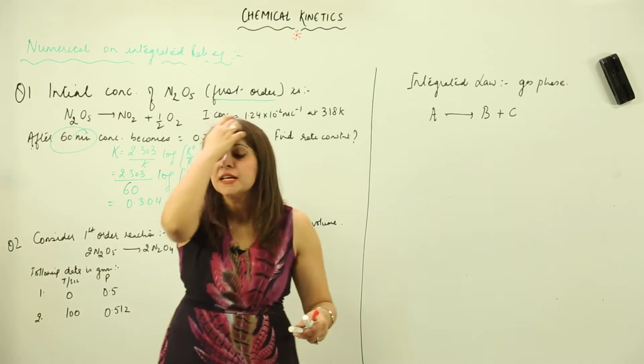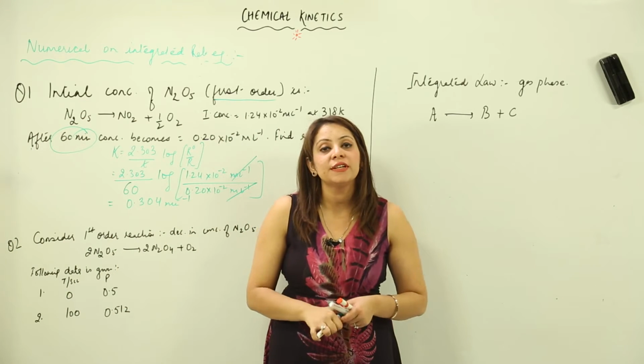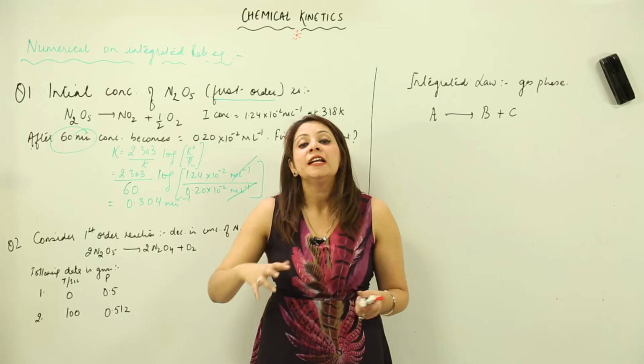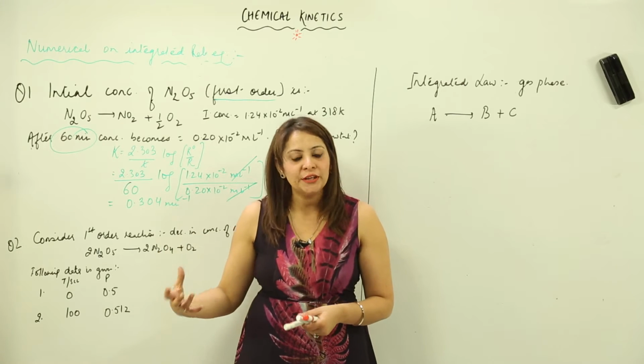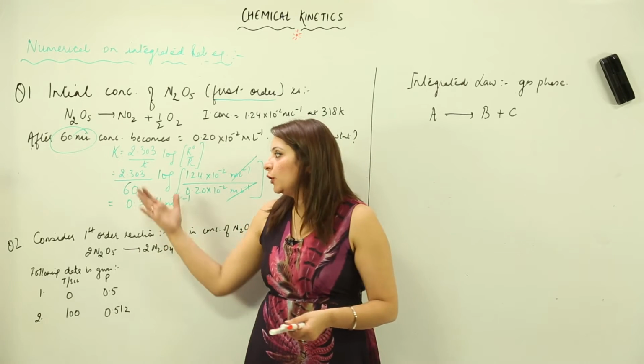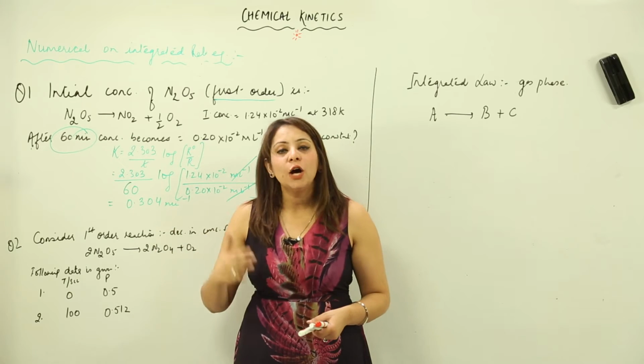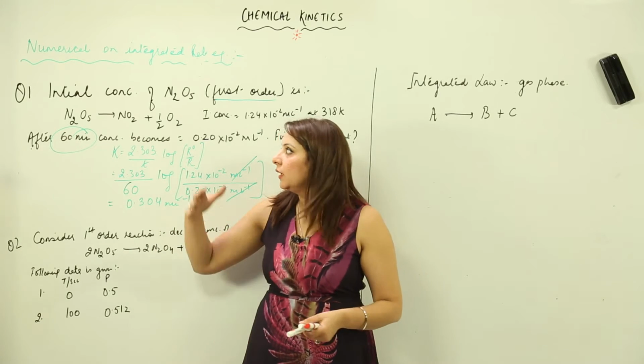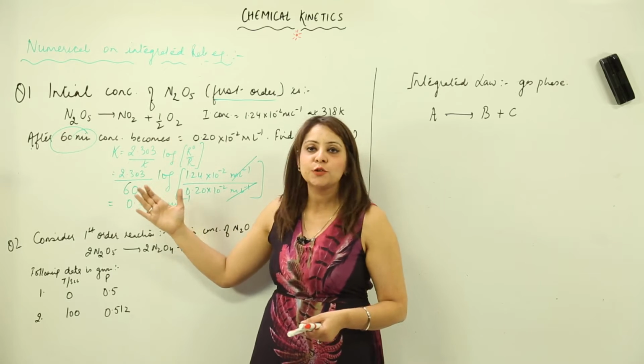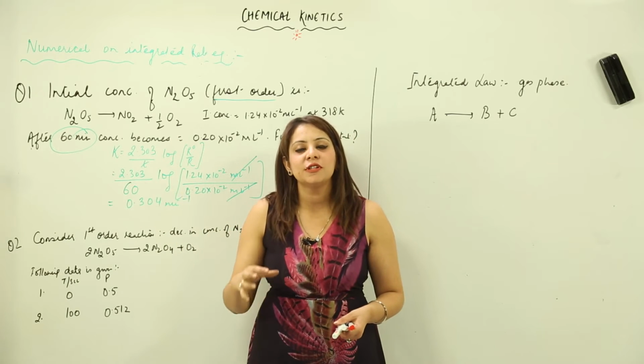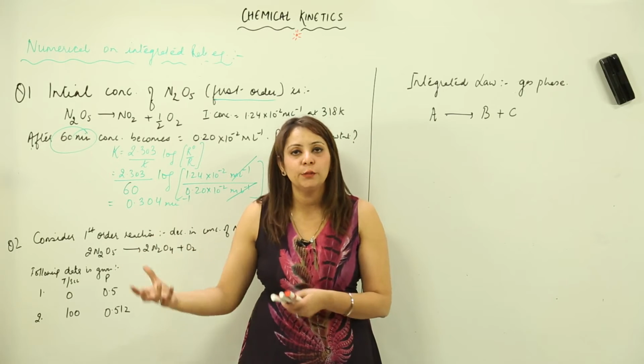What you need to do is just look at the question, whether it is a zero order or a first order reaction, then use that integrated rate expression, write it, put the values, and you are going to get the result. Now you know that reactions can involve gaseous moles, solid particles, and liquid components.